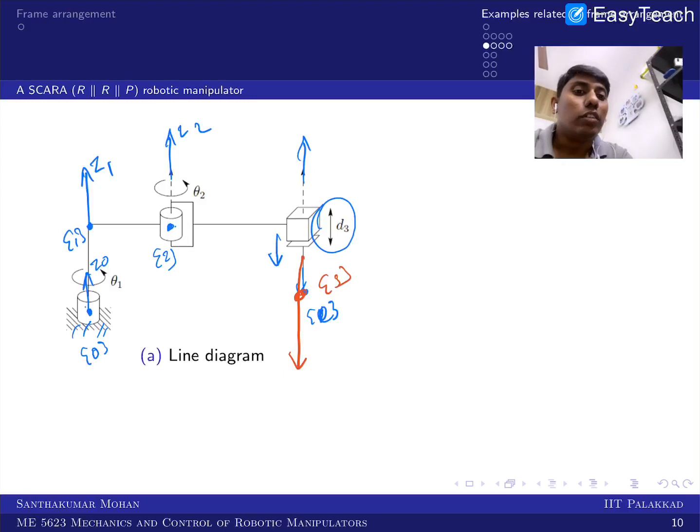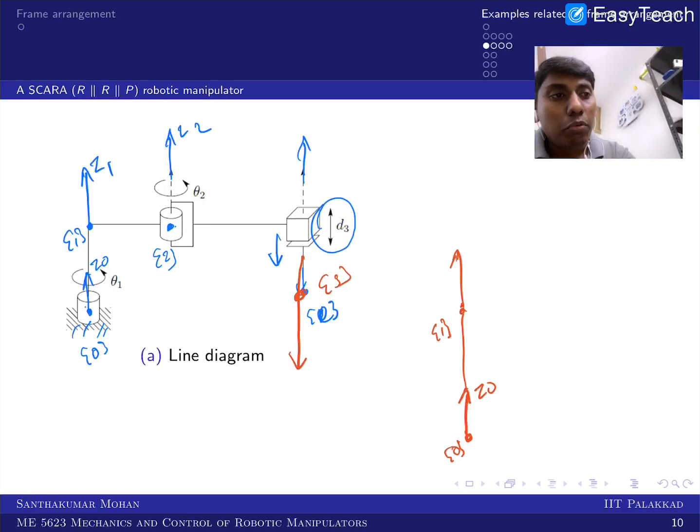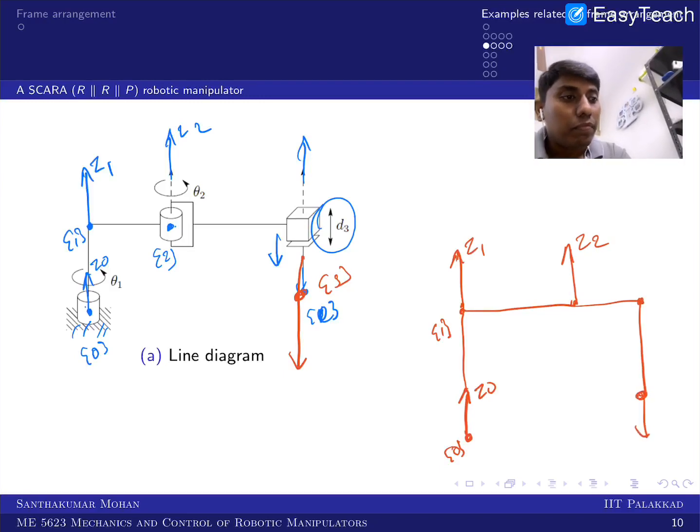Okay, so in the sense what I'm doing, I have taken this as Z0 and this is 1 and this is your Z1 and this is Z2, this Z3. Okay, so now you got it. So now I'm seeing what should be done. So we have to get the x0, x1, x2 and x3, right?